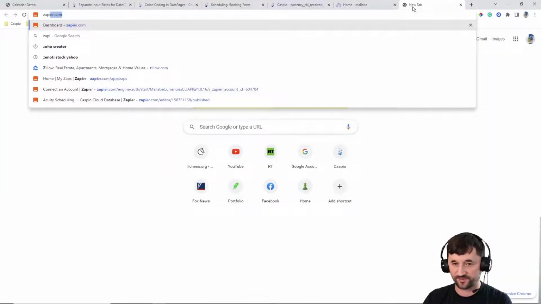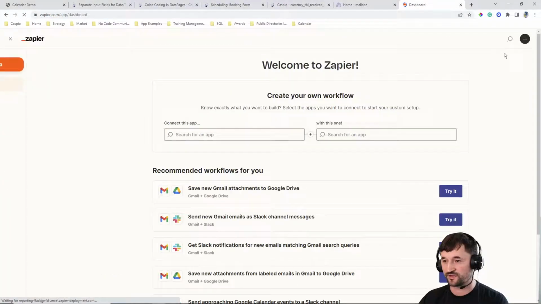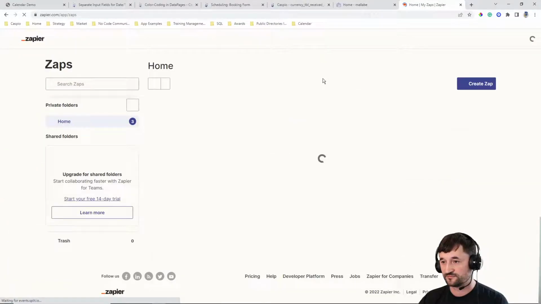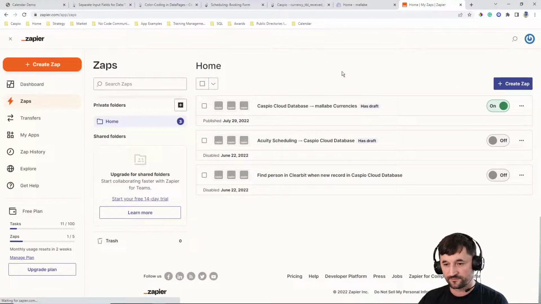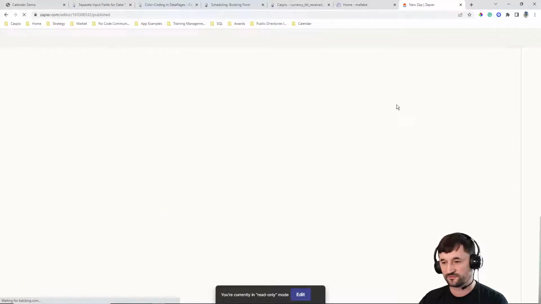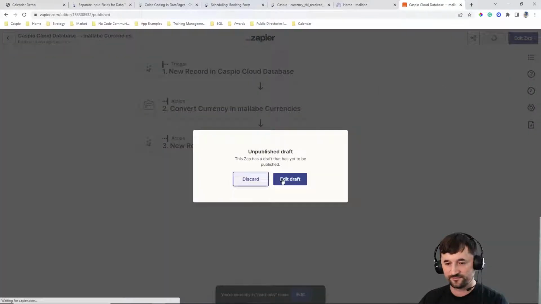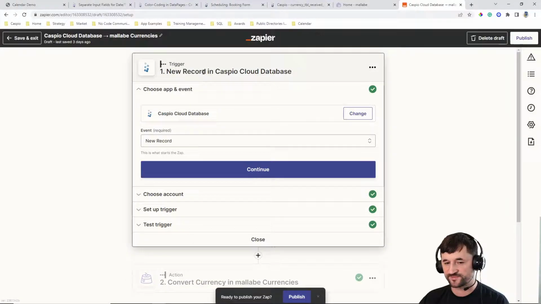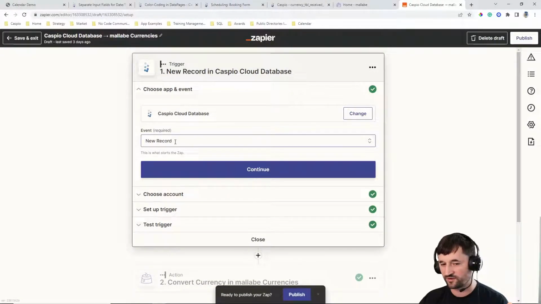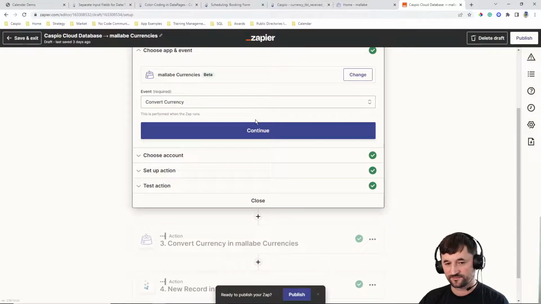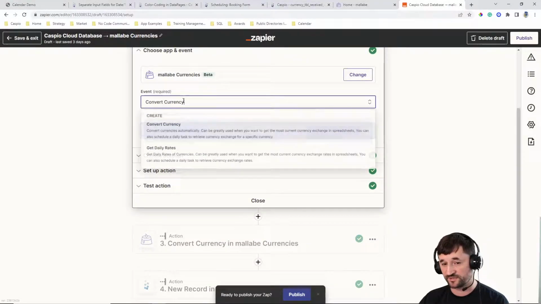But let's go to my Zapier account so I can show you. Let's go to Zaps. Okay, so this is the one. We're going to click on Edit. Edit Zap. Edit Draft. So the trigger is the Caspio, right? I have my Caspio table. When a new record is created, okay, the action is to convert to currency,